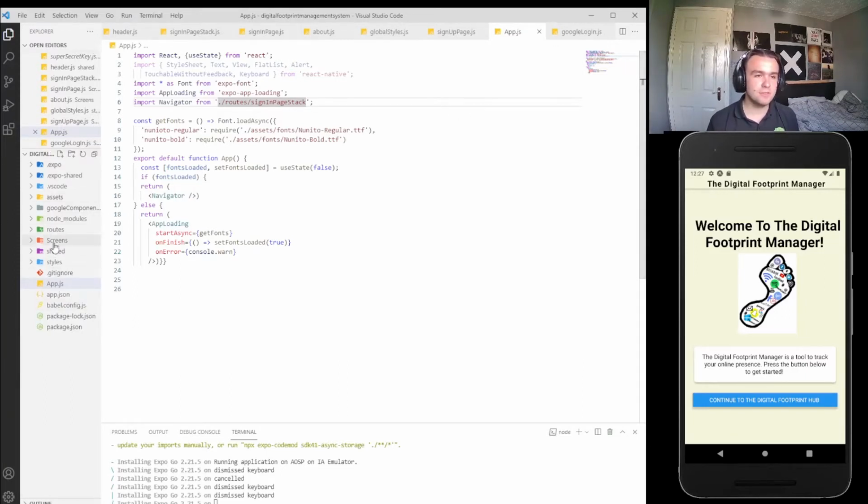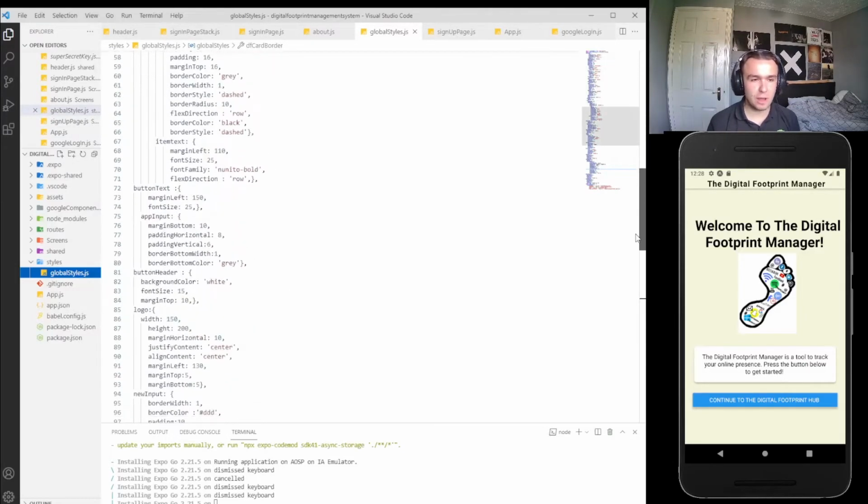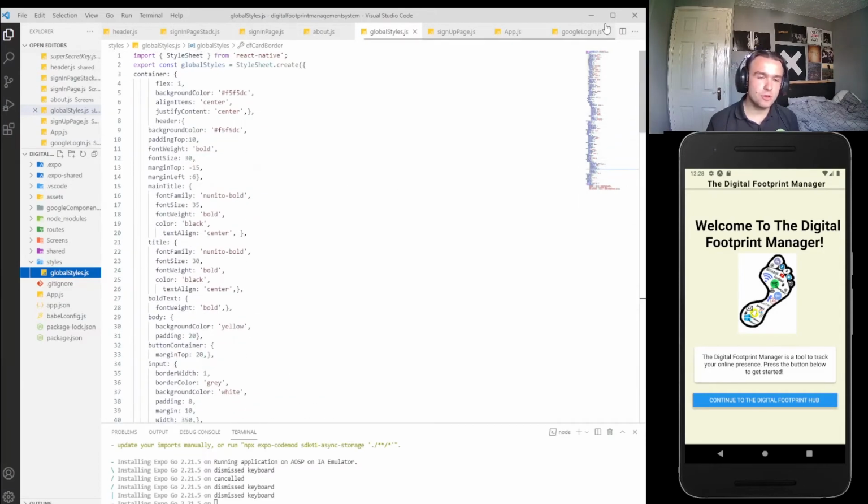So if I turn your attention to where my cursor is here on the left, I will demonstrate the architecture of this. So first we have styles. I have a global style sheet, and we'll take a look at this global style sheet. What this has is a bunch of different styles that I've used throughout the document. There are two reasons why I did this. I did this one so I didn't have to write a style sheet on every single document. That would use up so much time, and it just wouldn't be very clean to look at. You'd see all this code and then you see the same style sheet, when really we can just create the style object and we can just call it within